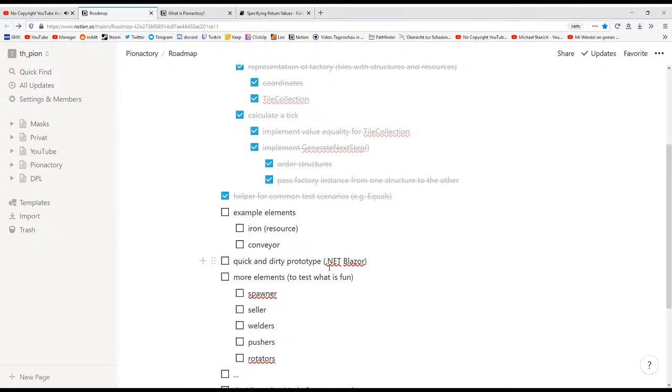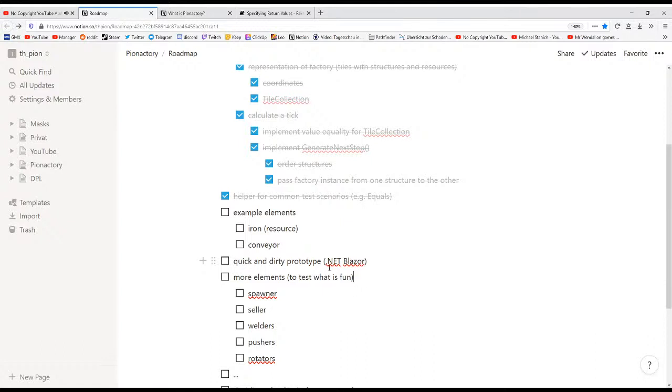So Adam asks why I'm not gonna use Unity, Godot, or something. Basically, I have to learn those as well. I have very, very minimal experience with Unity, no experience with Godot whatsoever, and I would have to learn them as well. And I want to learn .NET Blazor, and I have a feeling that it might be a terrible choice, but I want to figure out if it is a terrible choice,